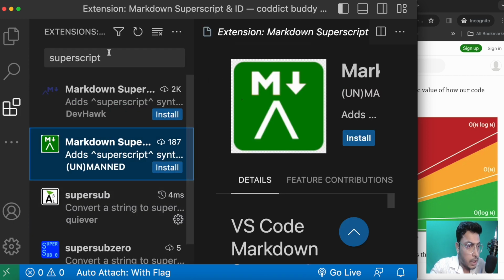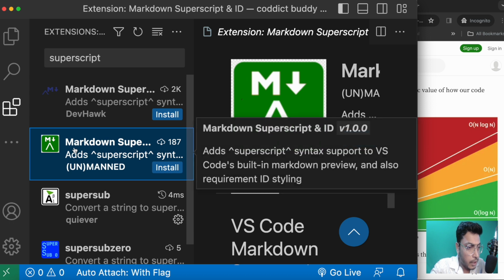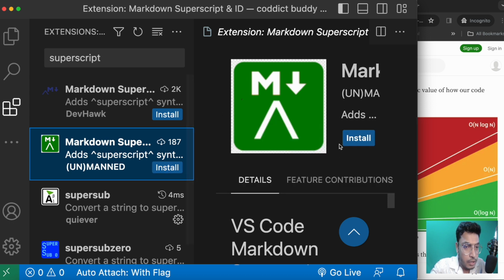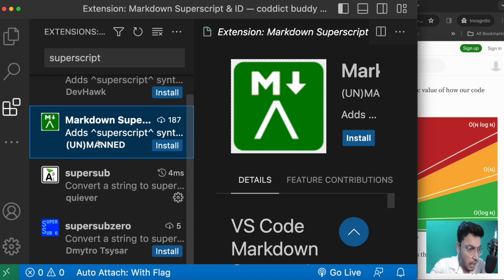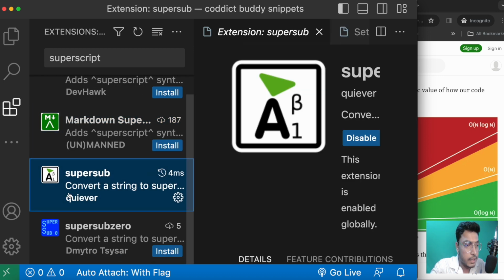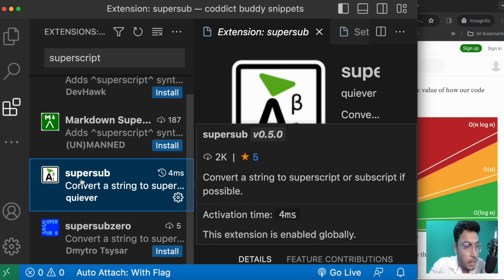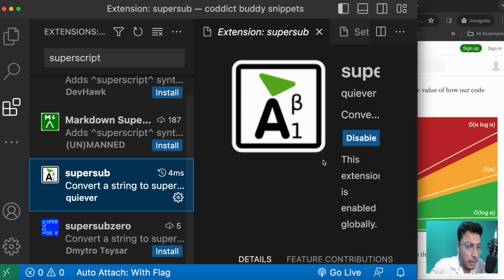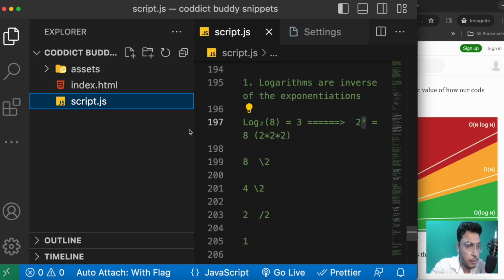Okay, so this one you can make use of it. Markdown superscript. You can install it. I think it's not this one. Okay, it's this one. Sorry guys. So this one you can install it, and how this works, as soon as you install it, then what you have to do,